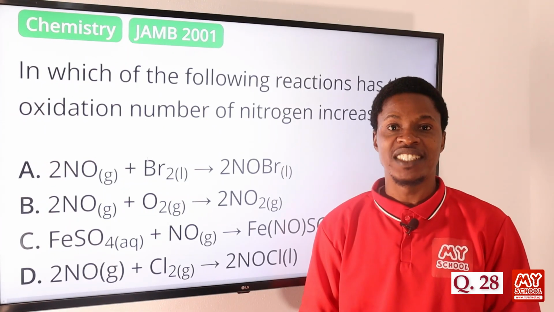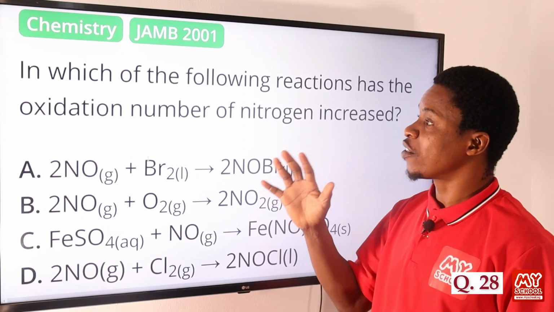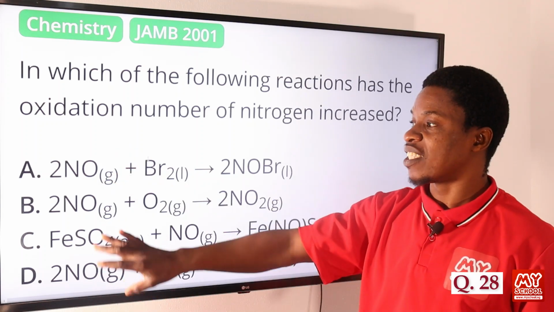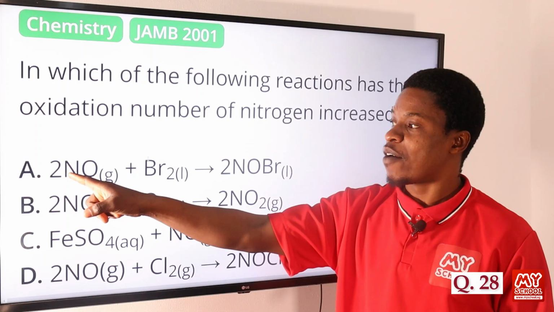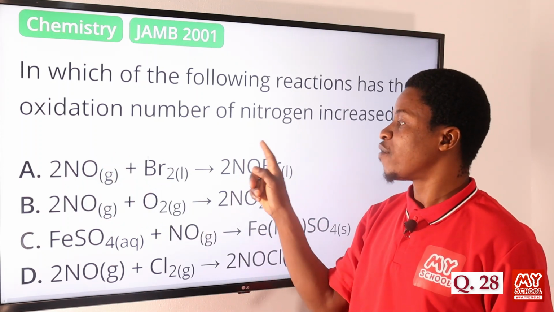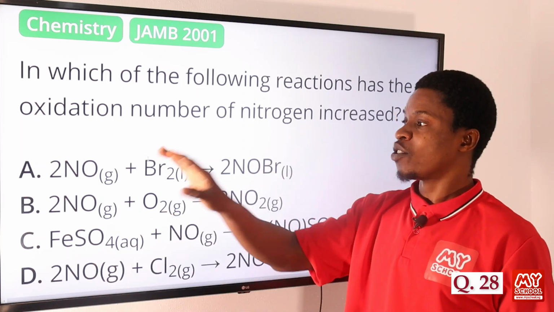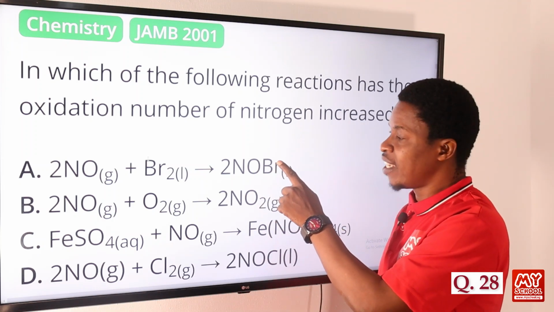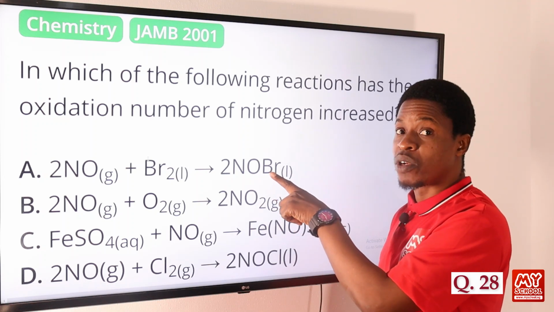Now question number 28. In which of the following reactions has the oxidation number of nitrogen increased? So all of these options here, we have option A, NO. We want to calculate the oxidation number of nitrogen in this NO, and then we compare with the one we have on the right hand side. If there's going to be an increase, you do the same for all of them. But bear in mind that option A, NOBr, actually has this Br. Of course, bromine should have been